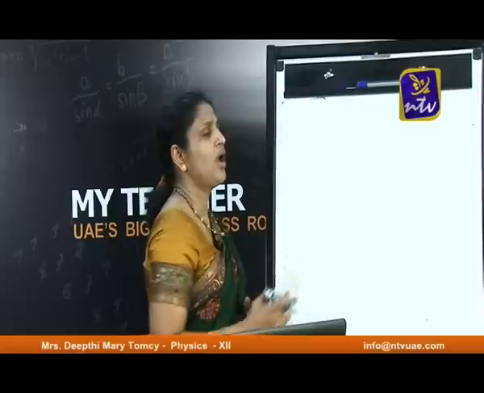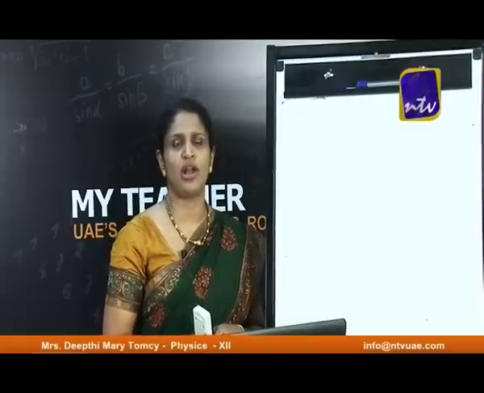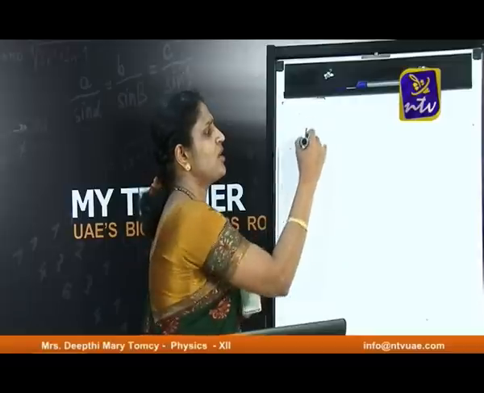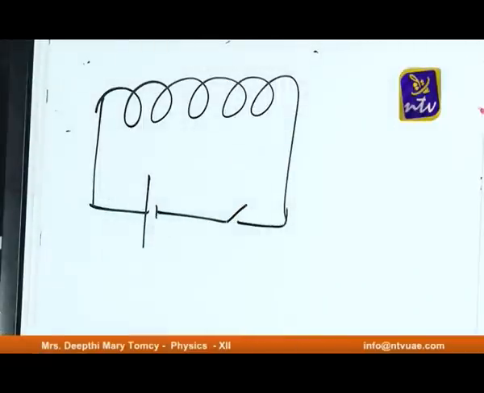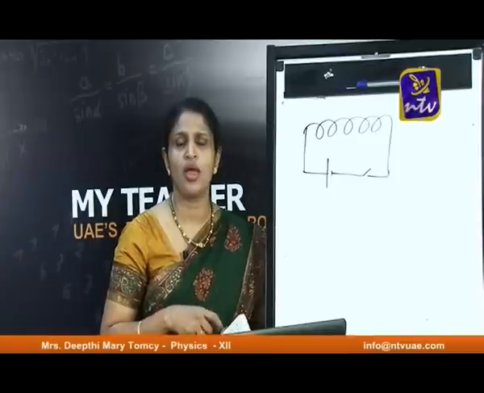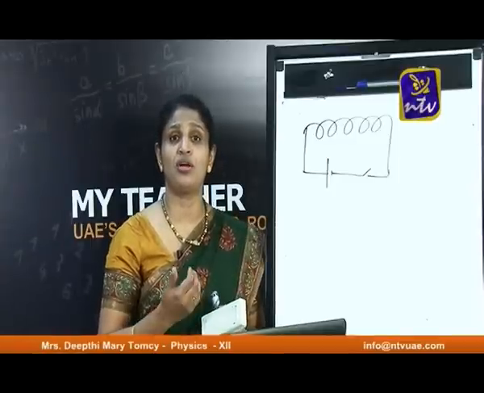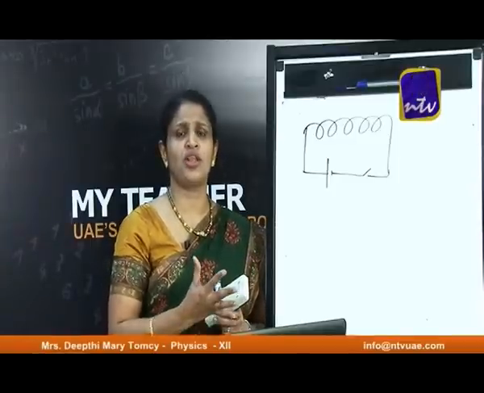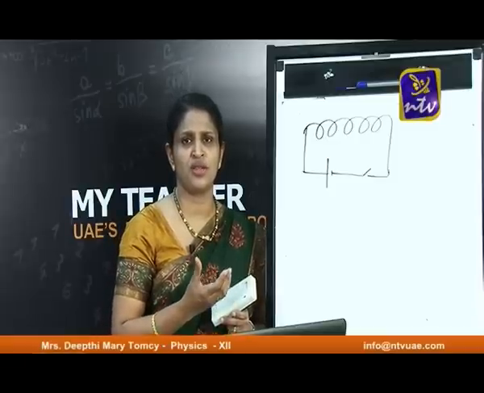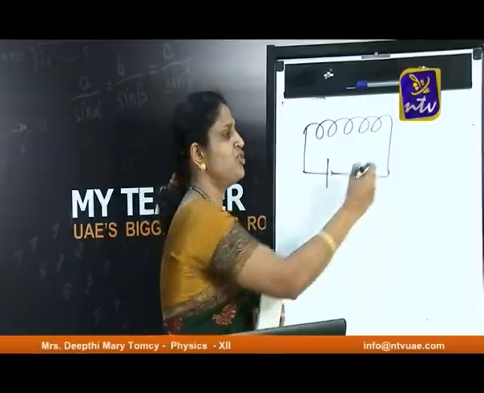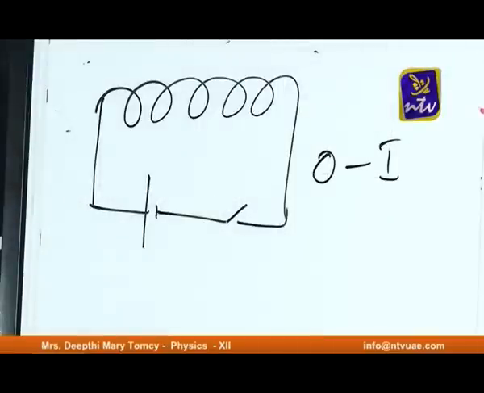And now I am going to give you certain other examples for electromagnetic induction. Now let us consider a solenoid connected to a cell via a key. During the switching on and switching off of this circuit also, there is a change in magnetic field with the coil. When you switch on the current, the magnetic field with respect to the coil increases because the current rises from 0 to I until it becomes steady.